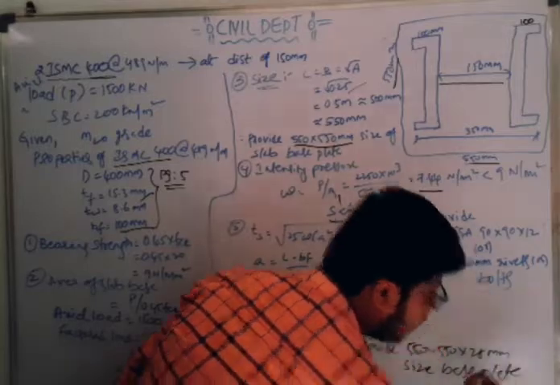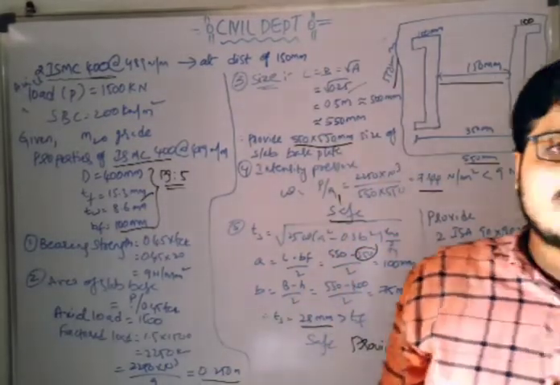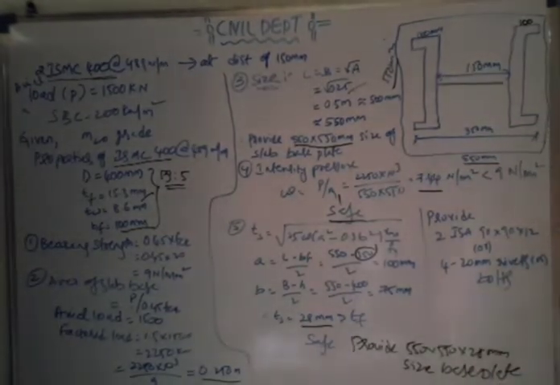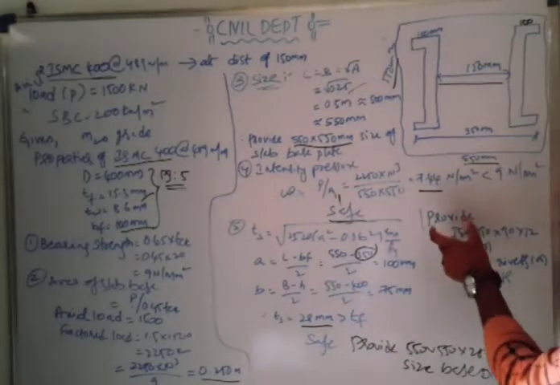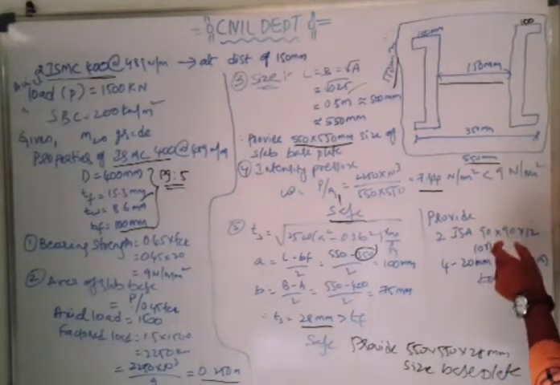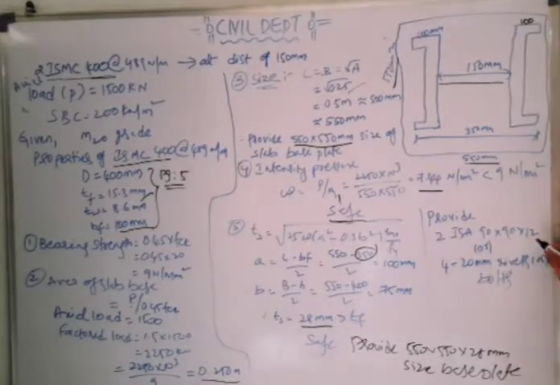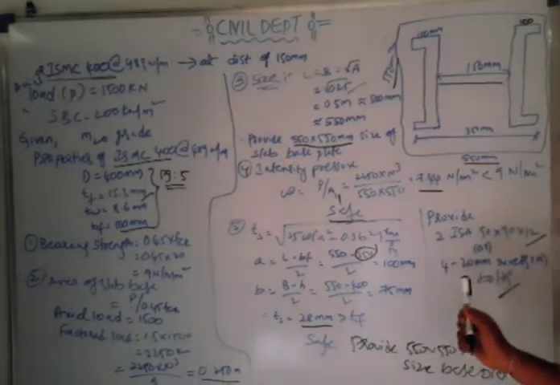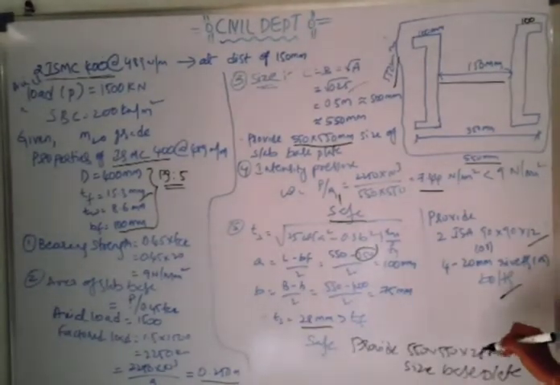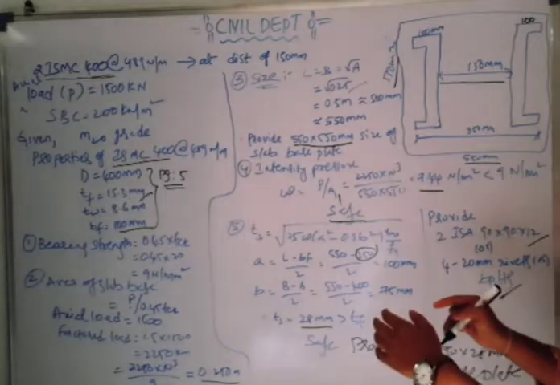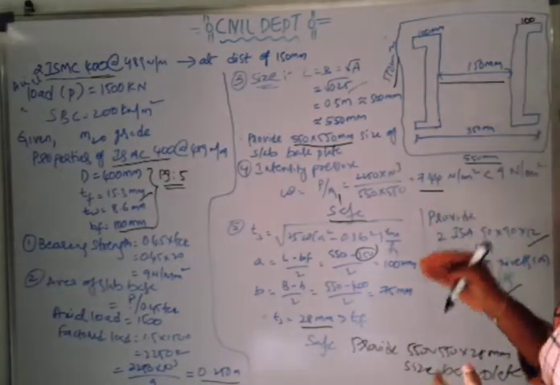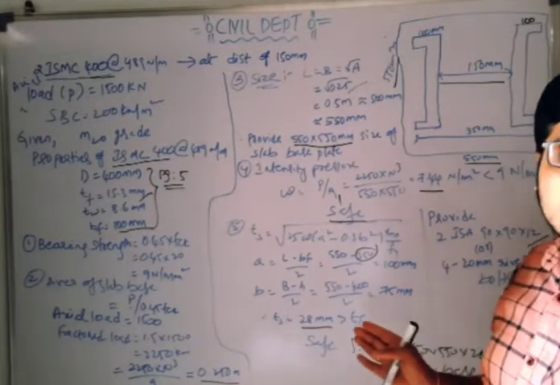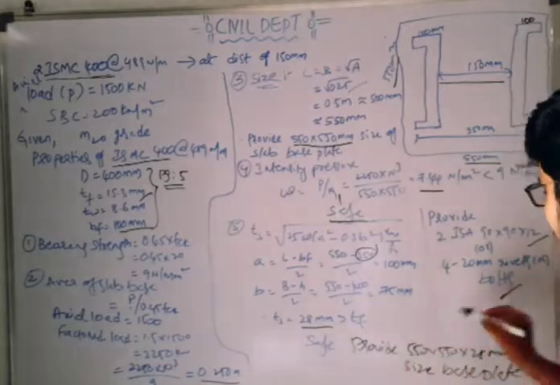In this question it was asked to provide only bolts or rivets, with no need of welding. So we can directly provide two Indian Standard angle sections 90 by 90 by 12 mm, which is suitable, or four 20 mm bolts or rivets. If welding is asked, then like the previous problem, we find the length available for welding and the strength of welding, and calculate the weld size as LW into TT into gamma m0 by fy into root 3, the same process.